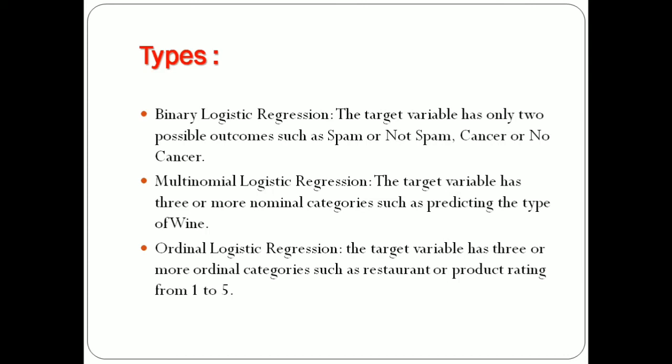In nominal, the data is categorized based on the measure of central tendency, whereas in ordinal it is based on the order. So this is the difference. Like if you are giving a rating of a movie from 1 to 5, then it comes under the ordinal category. But if we were predicting the category of wine, that it is more powerful, less powerful or average, then we can put it into multinomial logistic regression. So this is the basic difference.